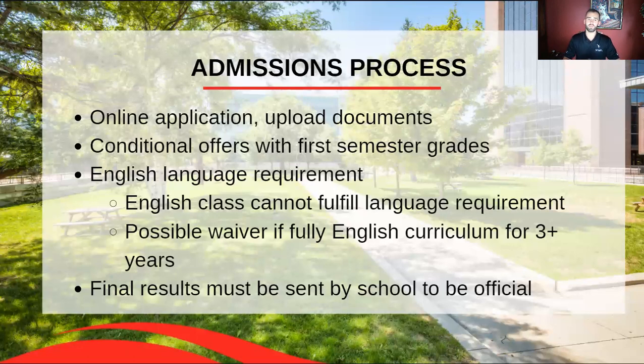But just to go over it briefly, we have an online application. You can apply directly through Carleton or OUAC, the Ontario University Application Center. When we receive your application, we will request your 9 to 11 transcripts and any grades you have from grade 12 so far. And we can give conditional offers based off your first semester grades. So the sooner you get those grade 12 grades to us, the sooner we might be able to give you